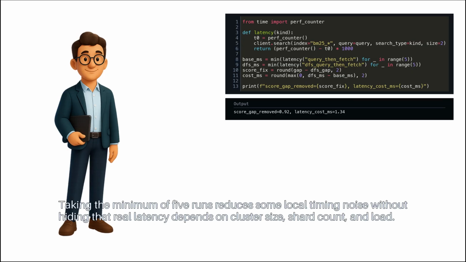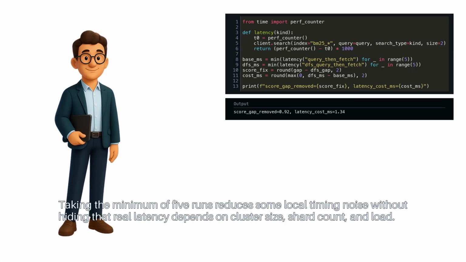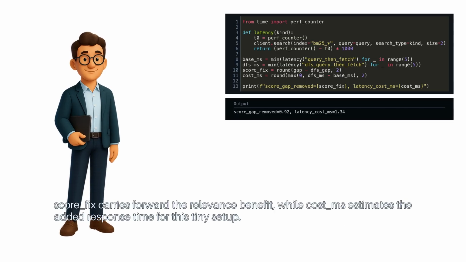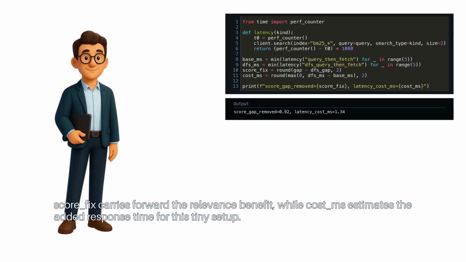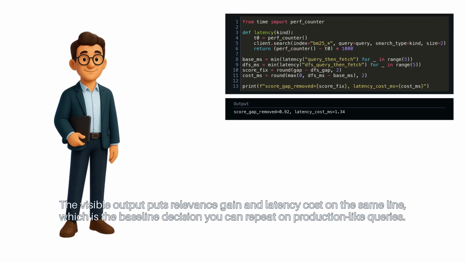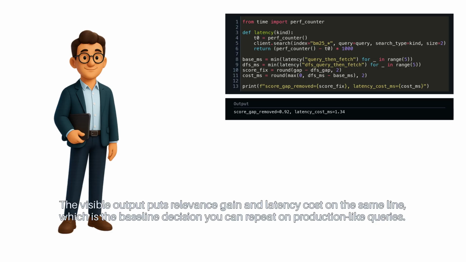Taking the minimum of 5 runs reduces some local timing noise without hiding that real latency depends on cluster size, shard count, and load. Score fix carries forward the relevance benefit, while cost MS estimates the added response time for this tiny setup. The visible output puts relevance gain and latency cost on the same line,